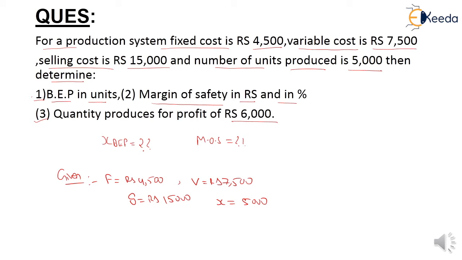So in the question, what is the unknown data to be calculated? The break even point in units, so X corresponding to the break even point. In the previous session, we discussed the break even point and derived a formula, known as the volume of production corresponding to the break even point. So apply the same formula in this question and put all the values in it.